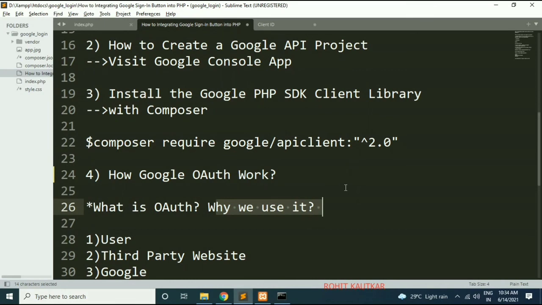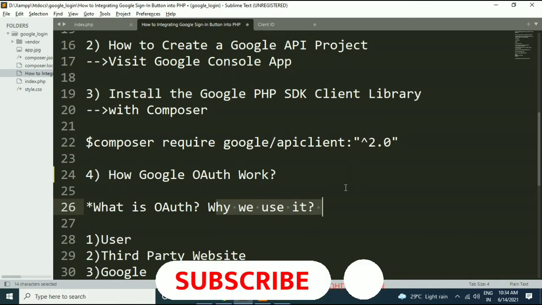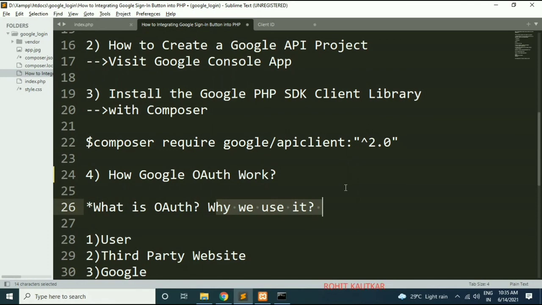Integration of this OAuth 2.0 protocol within your web application will allow you to access the user's basic information. With help of this OAuth protocol, users will allow web applications or services to use their profile information without revealing the password. So web application can access users profile information without asking them for a password.